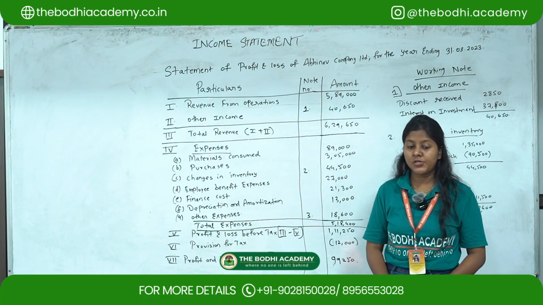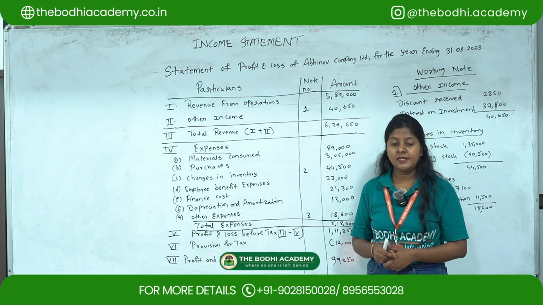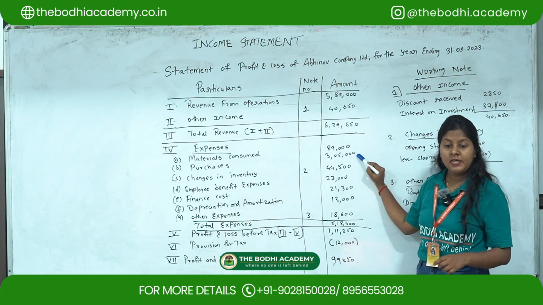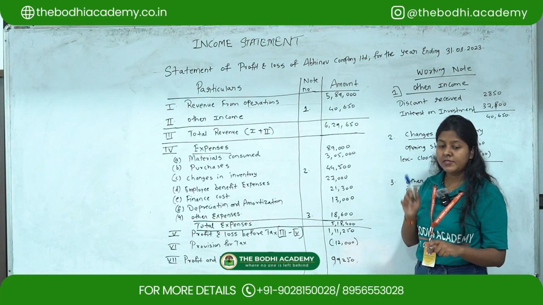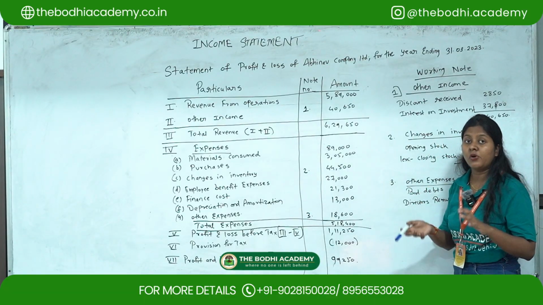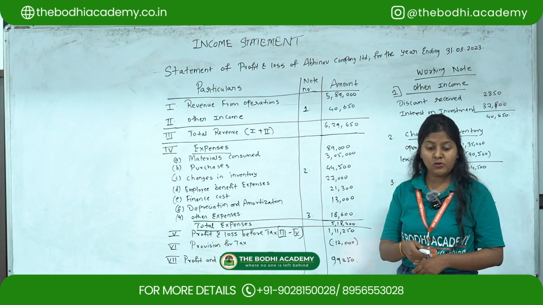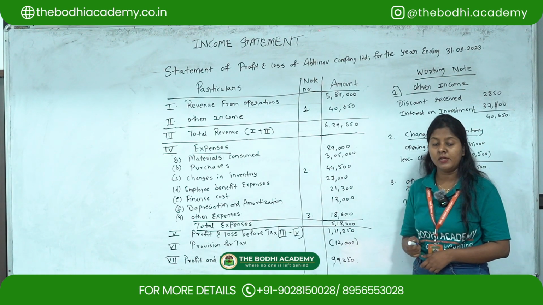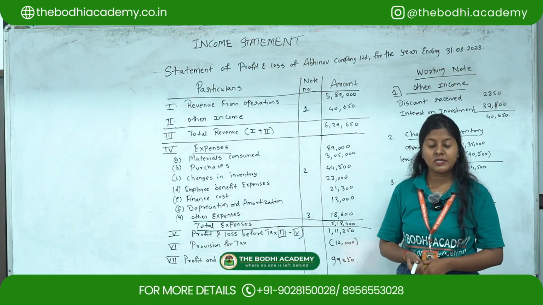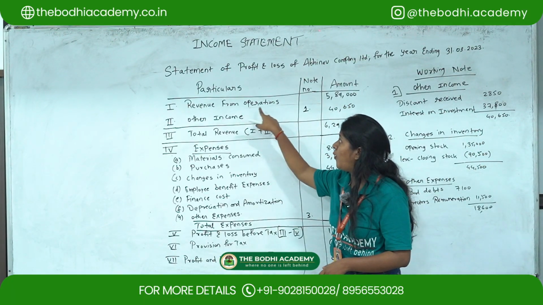Okay, then purchases are directly given in the question as 3,05,000. So directly 3,05,000 purchases you have to take over here. Then sales amount, for sales amount you have to check whether any sales return or excise duties are there or not. Okay, so in this question there are no sales returns and so on to minus it. So directly they have given sales. So sales they have mentioned as 5,89,000, which will come under the first part, revenue from operations.